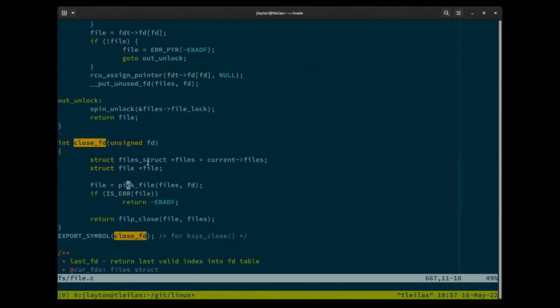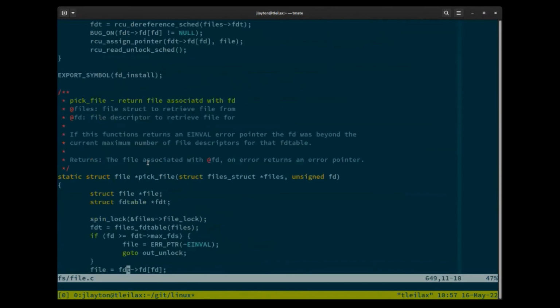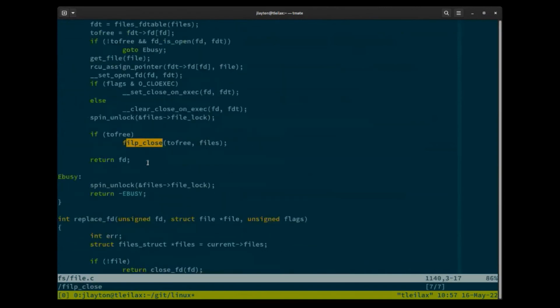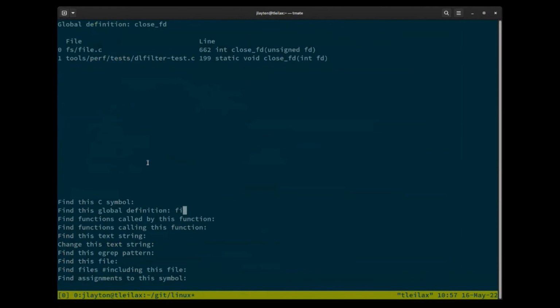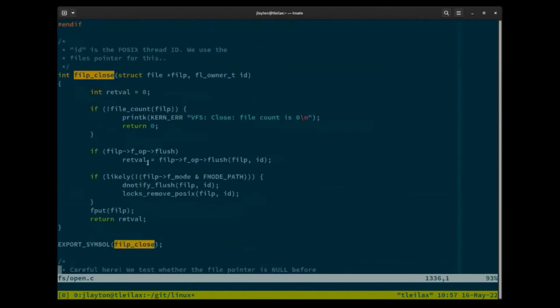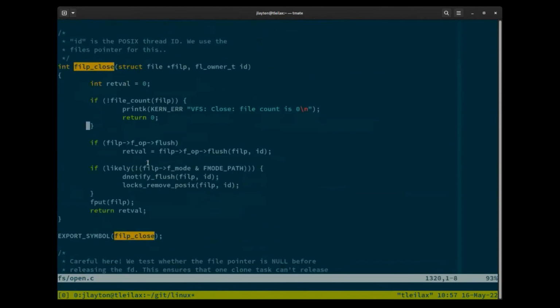So we've given it a file descriptor, right? It goes and looks up that file descriptor and says, all right, we're going to close this file description, and it's going to close it. So it calls filp_close. Almost to the end of my hour. All right, and now filp_close goes, and if it's a writable file descriptor, we're going to flush whatever data we can, and remove any POSIX locks, right? And then we put the file descriptor,